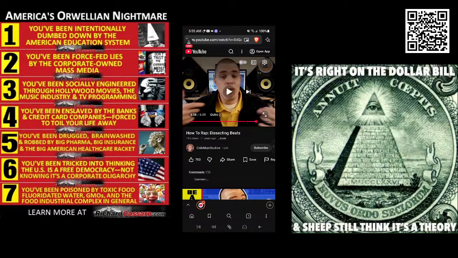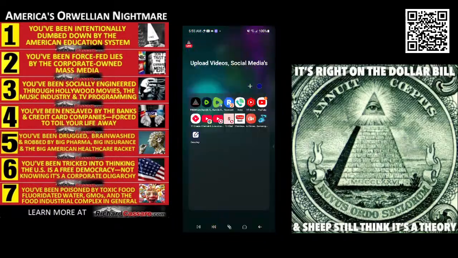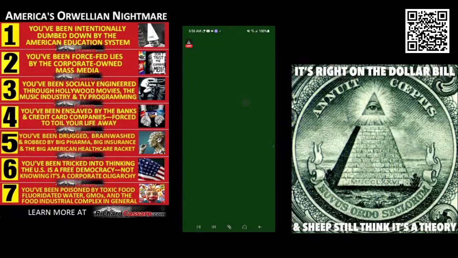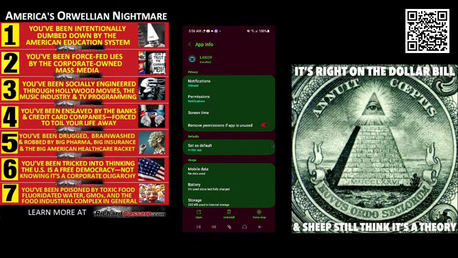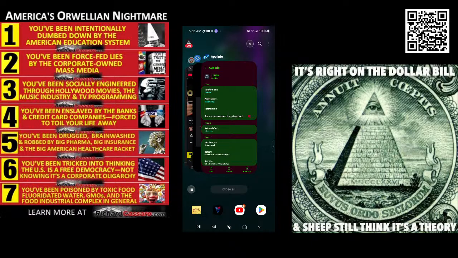There's also an app called Lander, and it's to master your music. I think it's this one. Yeah, it is this one. So hold on, let me open up the Google Play Store. Oh shit, it was right there.